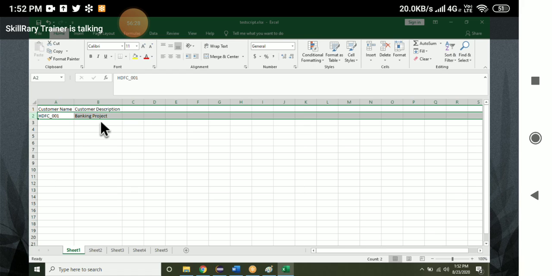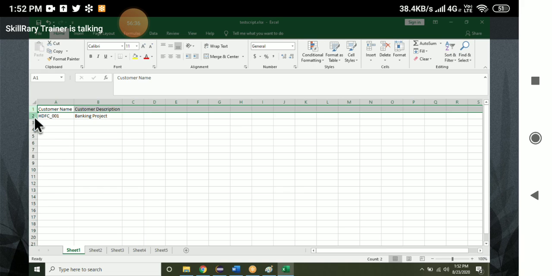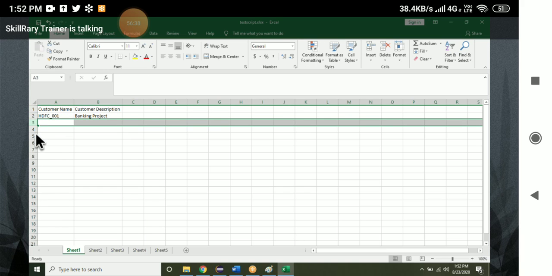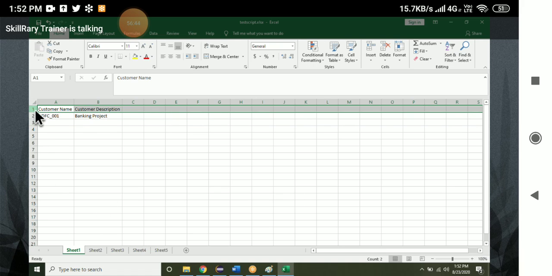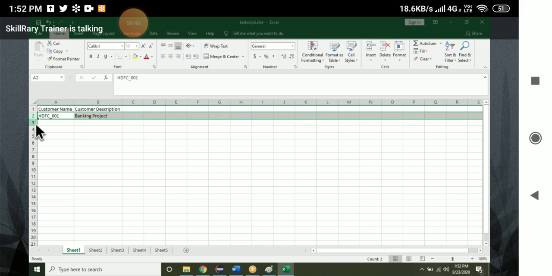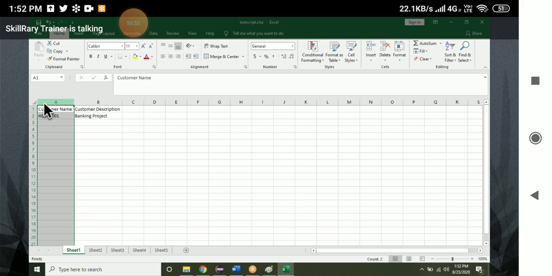We never call it columns in Excel. We call it cell. This is one cell, cell number 1, 2, 3, like that. Rows are the same thing: first row, second row, third row, like that. In Excel, the index of the row starts from 0, 1, 2, 3, like that. Here also, the index of the cell or column starts from 0. 0 means this one, this is 1, and this is 2, like that.